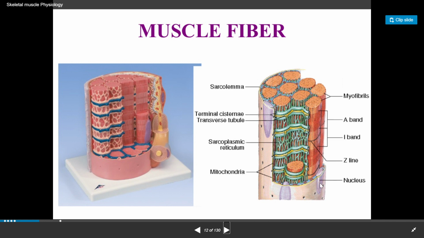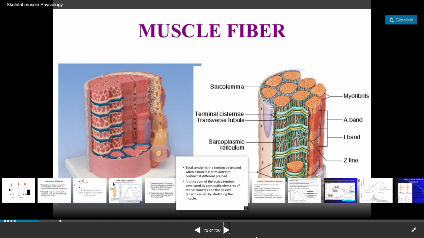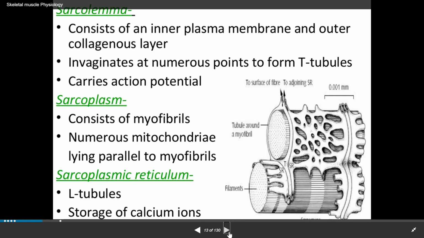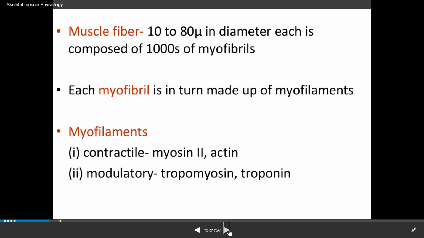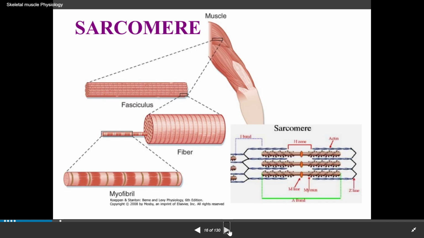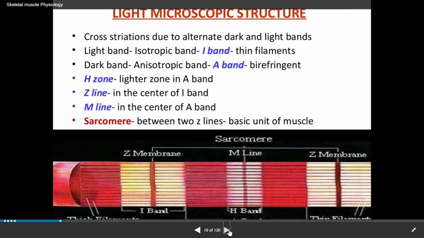This is a nucleus. This is a Z band. Okay, so the A band has a thick myosin filament. The I band has thin actin filament. You have myofibrils. So you should know what is sarcolemma, what is sarcoplasm, what is sarcoplasmic reticulum, what are myofibrils, what are myofilaments, which is the sarcomere, the functional unit, the contractile unit. You should know the H zone, Z line, M line. You can see the M line is the center of the A band, whereas the Z line is in the center of the I band. So the I band has thin filaments, and the A band has both thin and thick filaments.